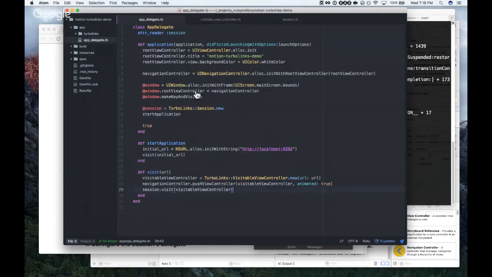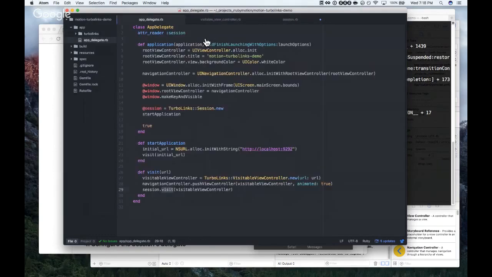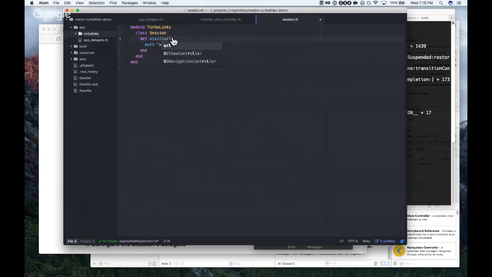Yeah, we'll see. And then session is going to have a visit method that we're going to need to implement. So I'm going to put the visit takes a parameter. Oh no, it takes a view controller.